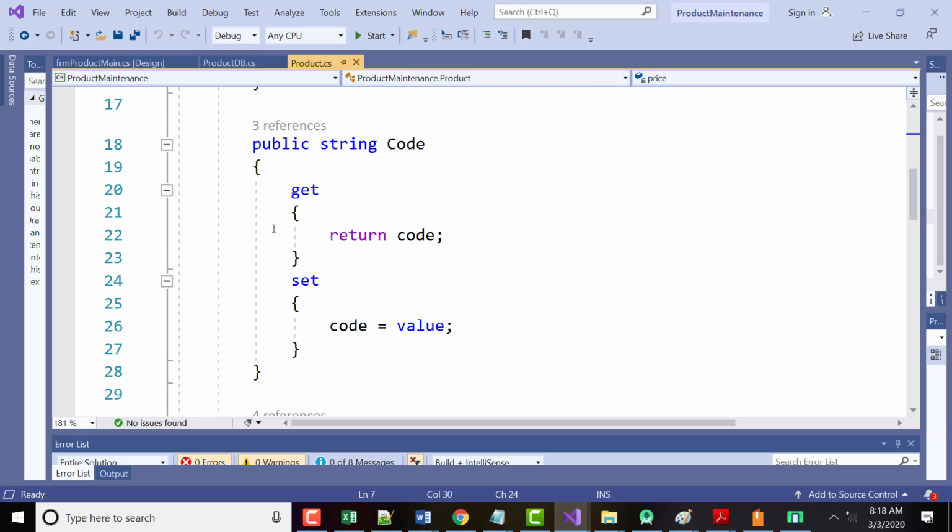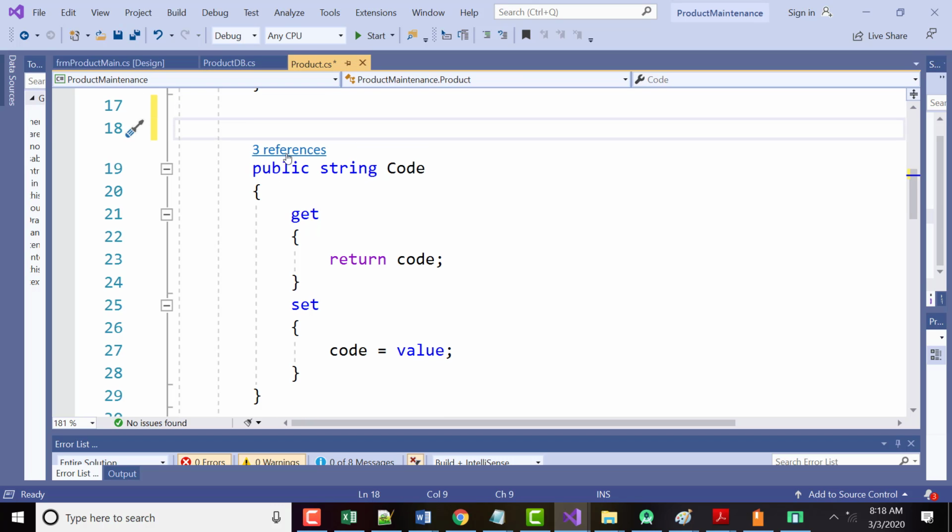All right. Now, I think I showed you this yesterday, but I do want you to understand there is absolutely nothing wrong with what they did here. Nothing. But we could have written this. I'm going to comment it here. We could have written this as just public string Code { get; set; }